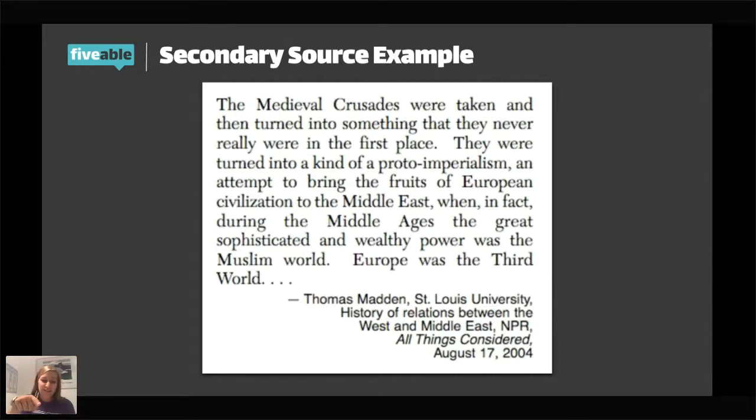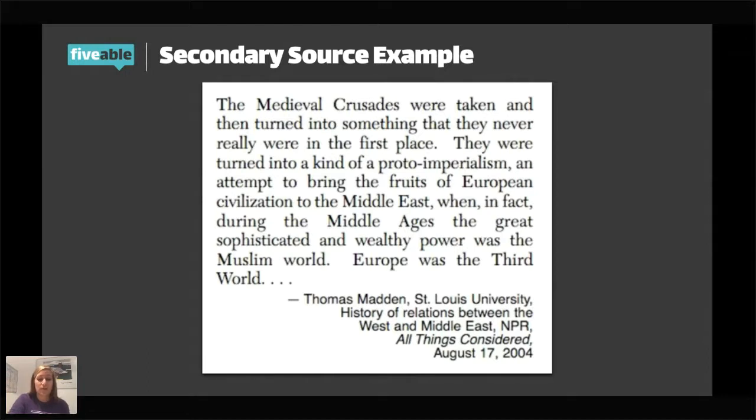proto-imperialism. That's really a hard term if you don't know what proto-imperialism is, especially if you haven't learned imperialism yet. Imperialism is like extending your power over other dissimilar peoples. And proto is like a type of imperialism. So I would underline that as the main argument. I would also underline things that stand out to me, like Europe was the third world, or Middle East, great, sophisticated, and wealthy